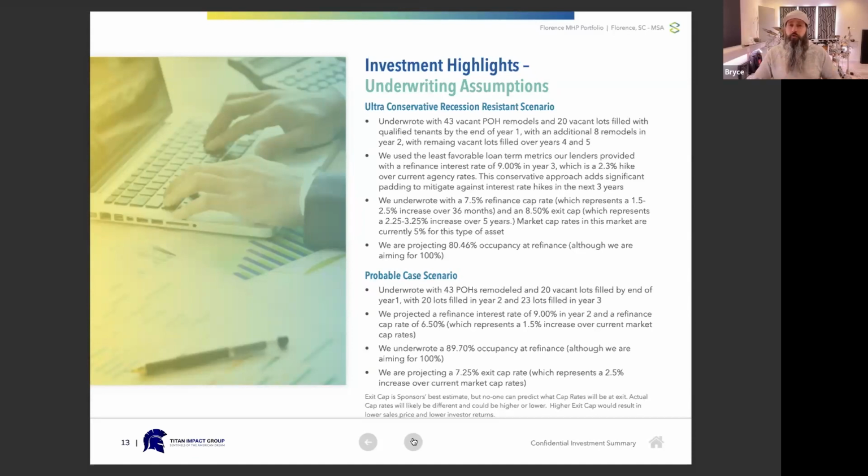Okay, now we're going to talk about the differences in some of the other parts of our underwriting. What we just spoke about applies to both the ultra conservative scenario and the probable scenario, but now we're going to split the difference in some of the other metrics that we have. In the ultra conservative scenario, we underwrote with 43 vacant park-owned home remodels and 20 vacant lots to be